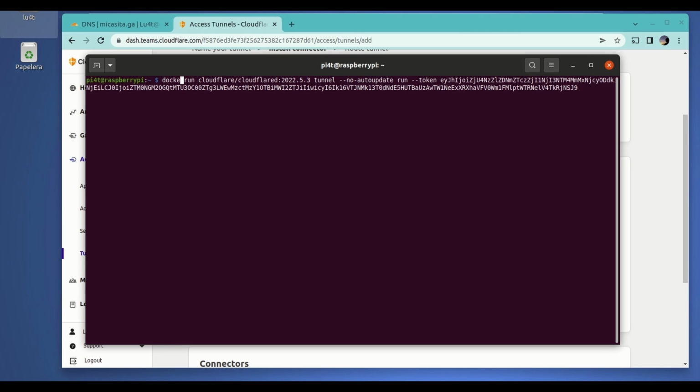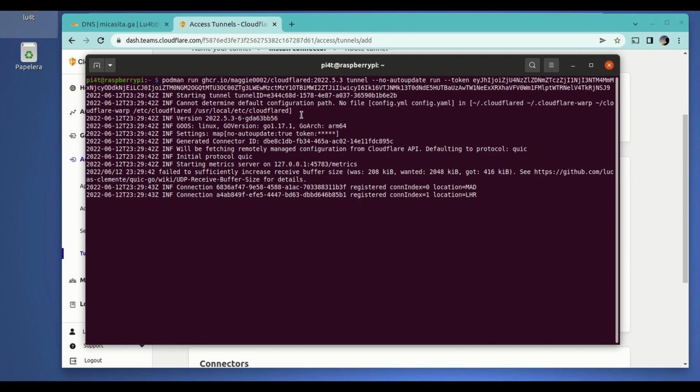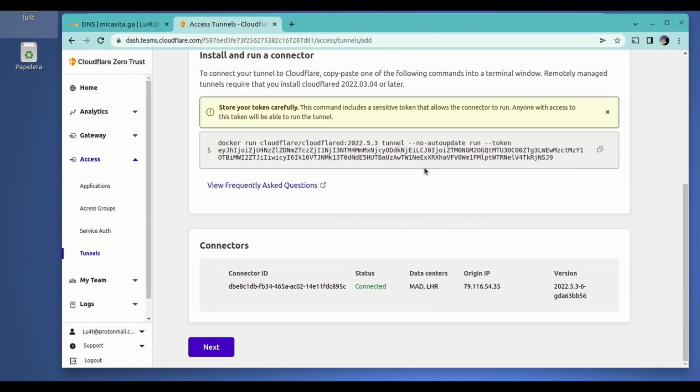So, well, first let me change Docker into Podman because this is the runtime that I'm using. And the name of the repo in which you will find the images is ghcr.io/Maggie 0002. Okay. So if I hit enter, you will see that the tunnel is going to be starting right away. And it is essentially a way for you to run different tunnels in parallel,